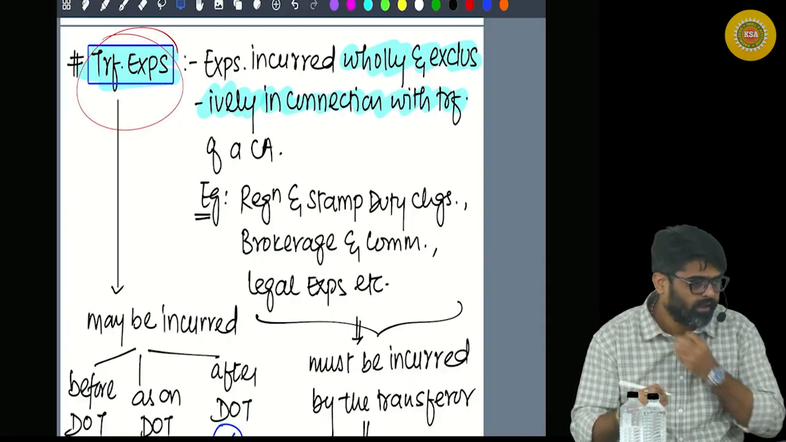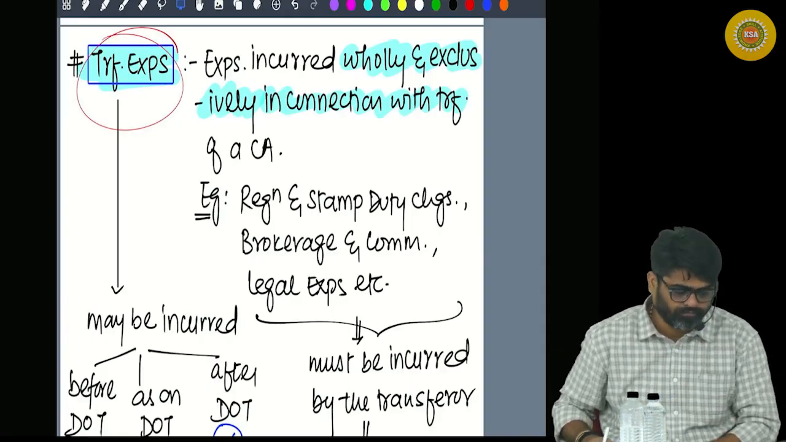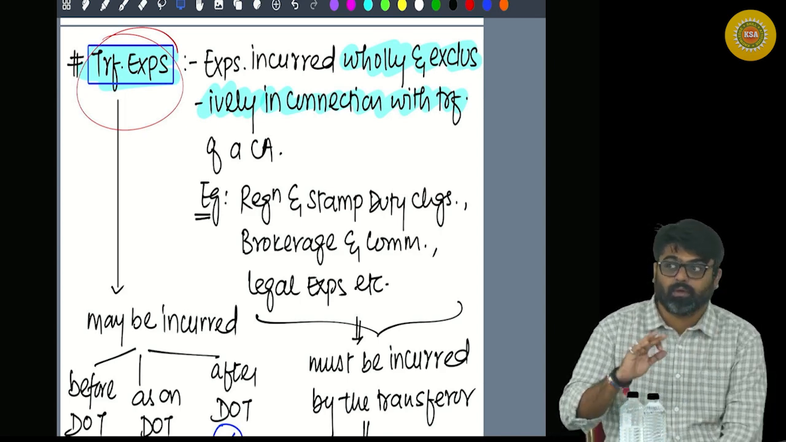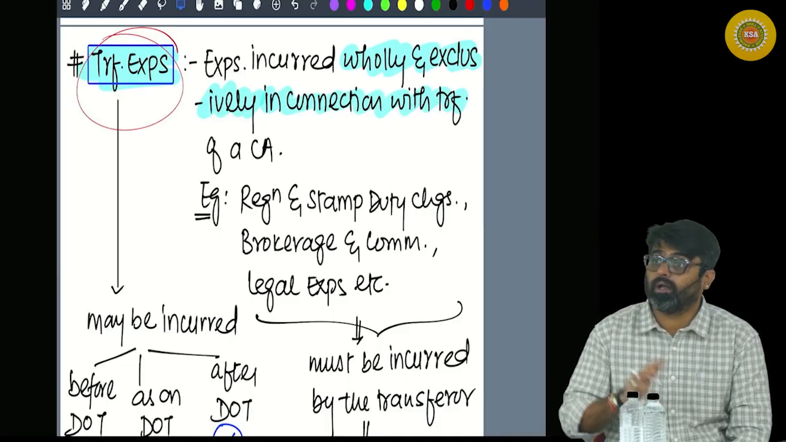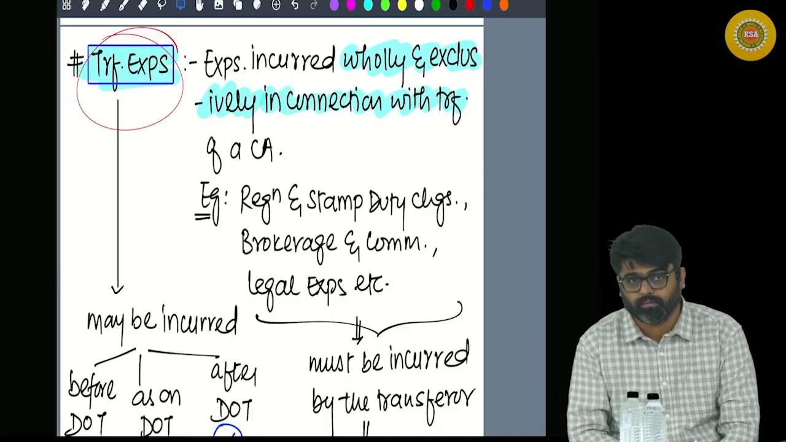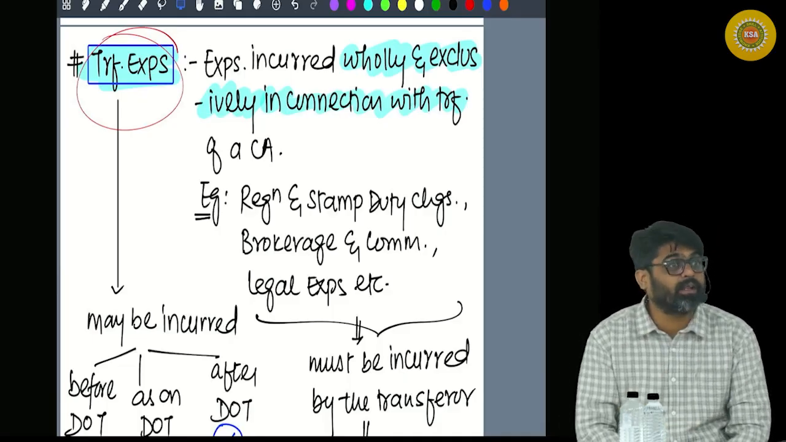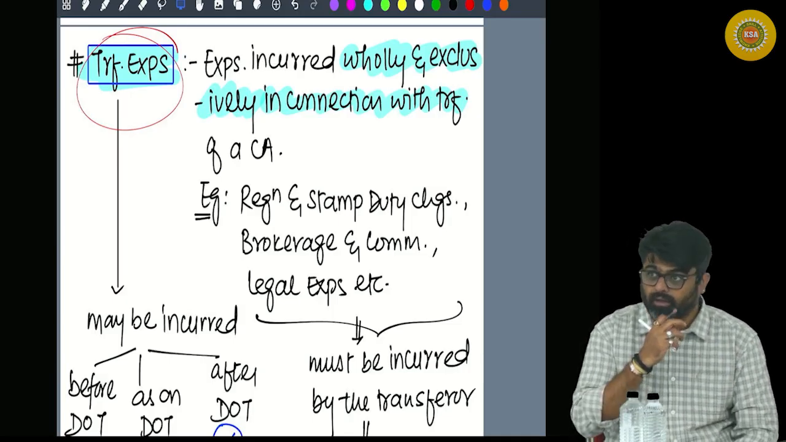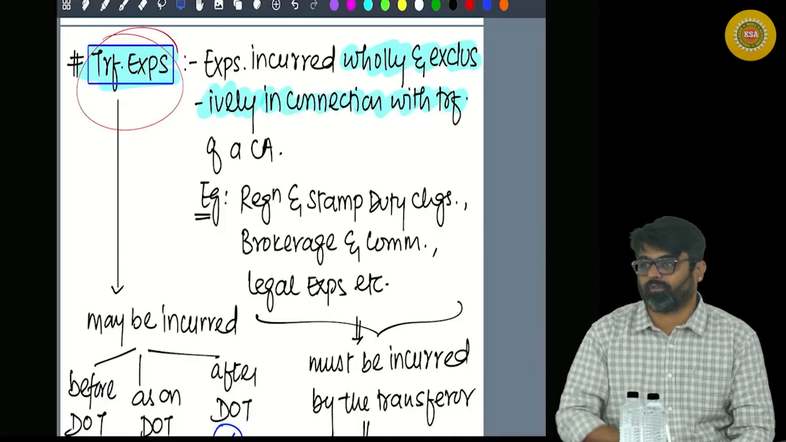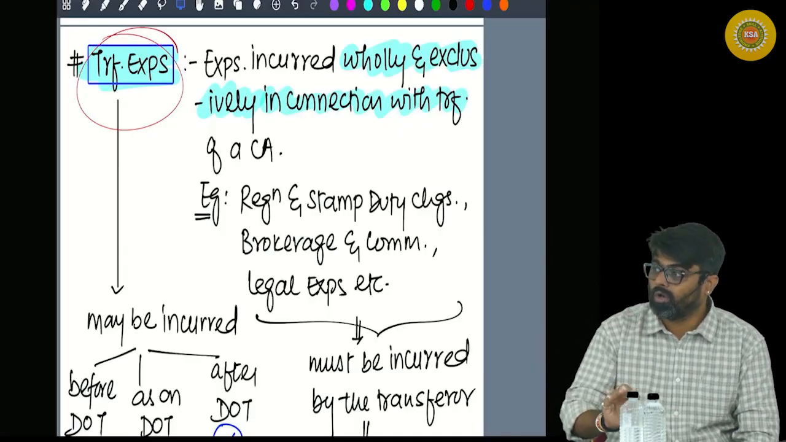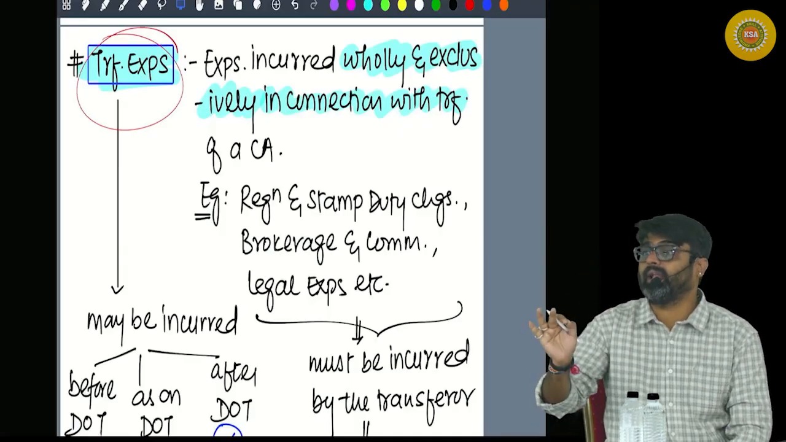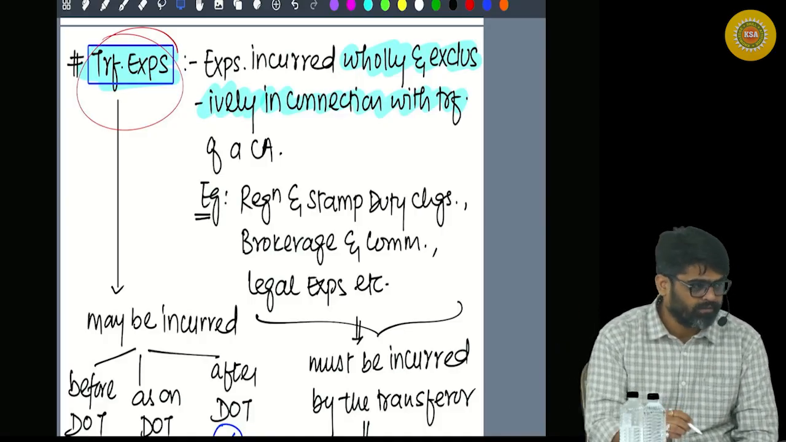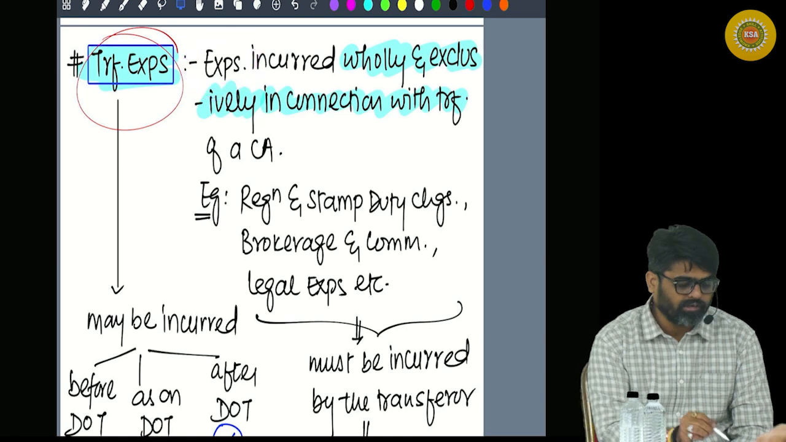Transfer expense. What is the meaning of transfer expense? You are an assessee. What are you doing? Transferring your capital asset, meaning you are a transferor. So in connection with the transfer of your capital asset, wholly and exclusively in connection with the transfer, you must have incurred some expenses. Those expenses are known as,